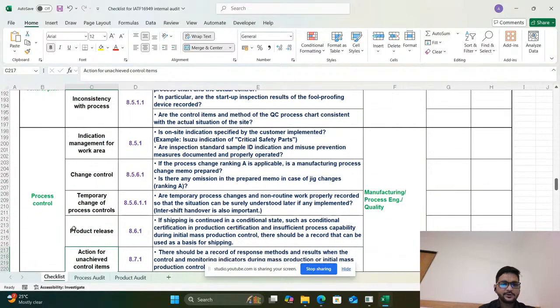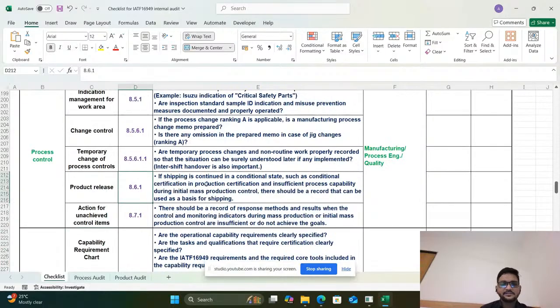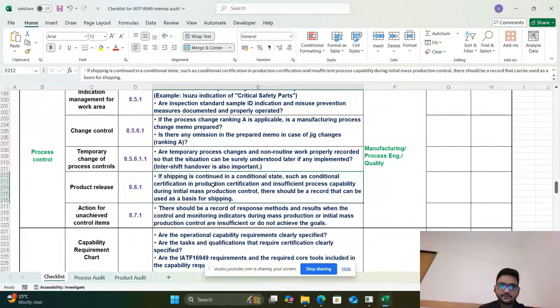Next is the product release, 861. Is shipping continued in a conditional state such as conditional certification in production certification, insufficient process capability during initial production control? There should be a record used as a basis for shipping. Next is action for unachieved control items, covered in 871.